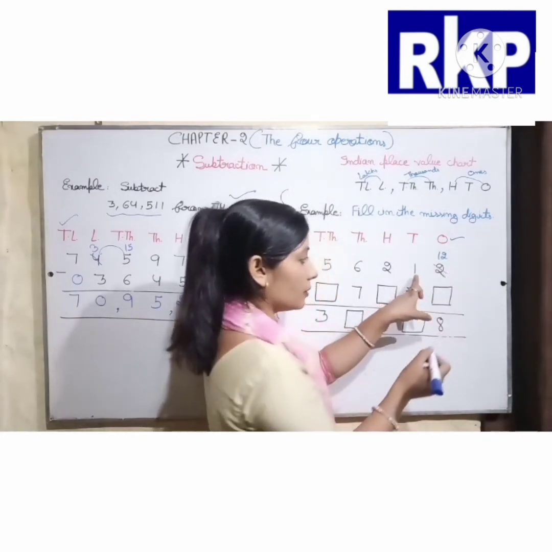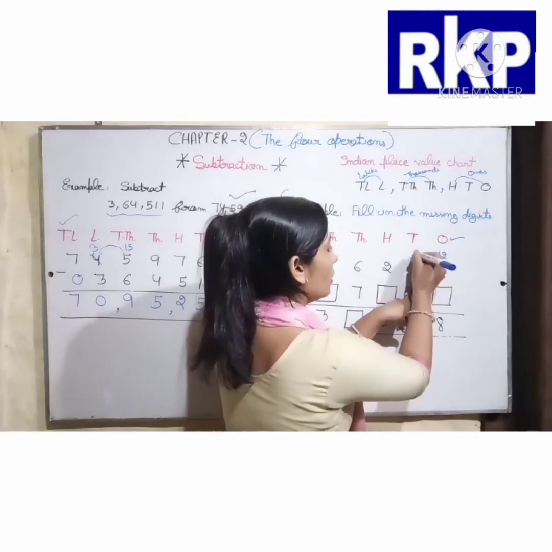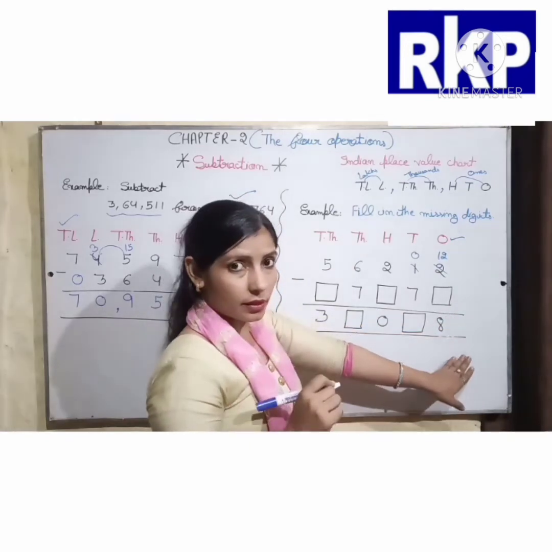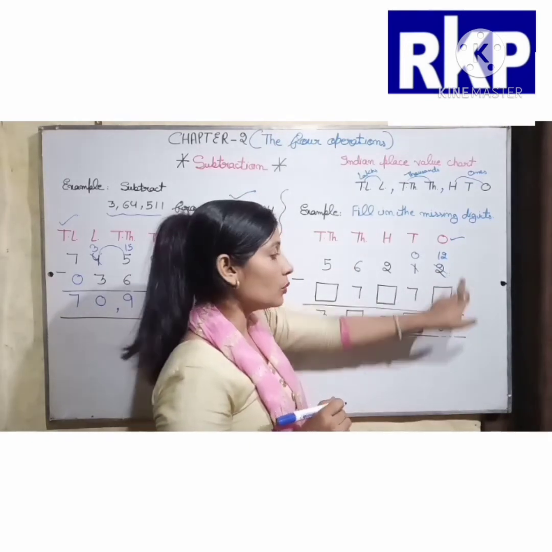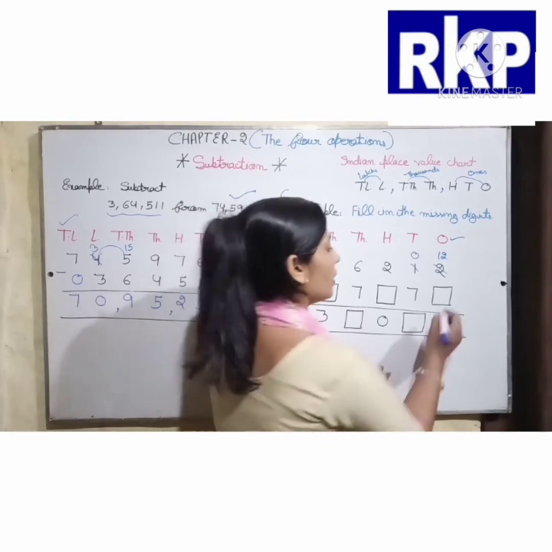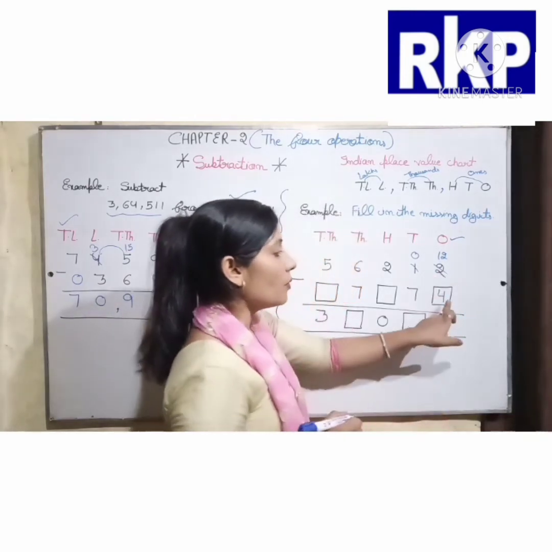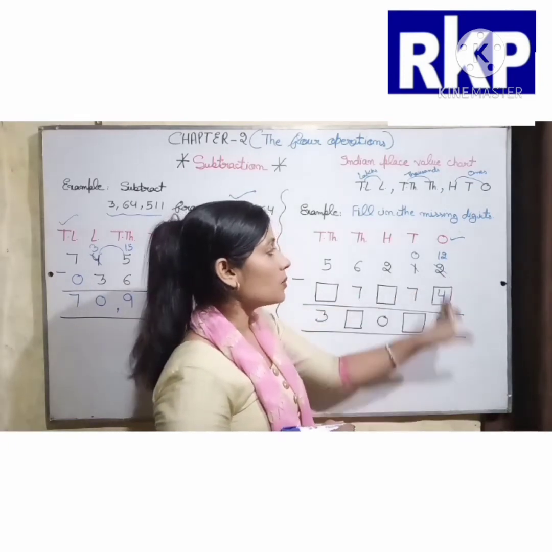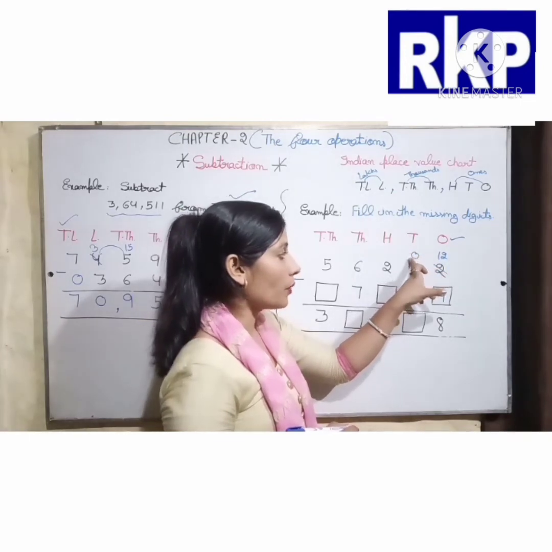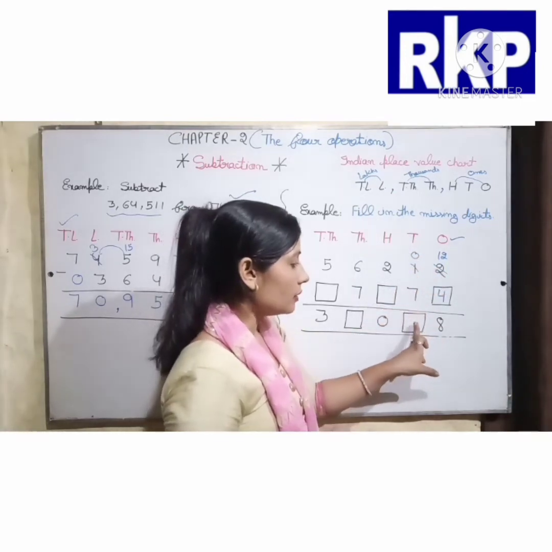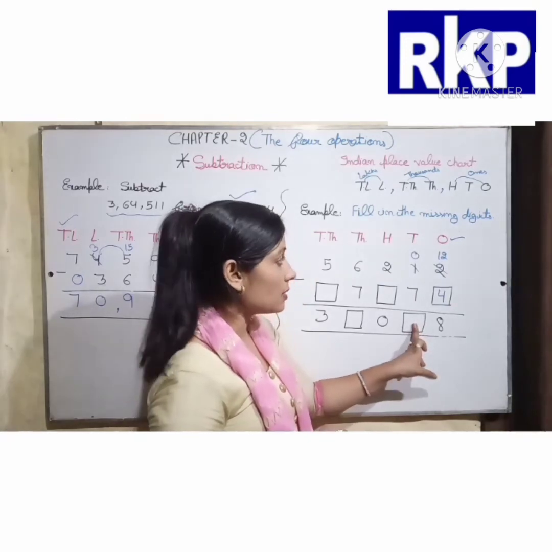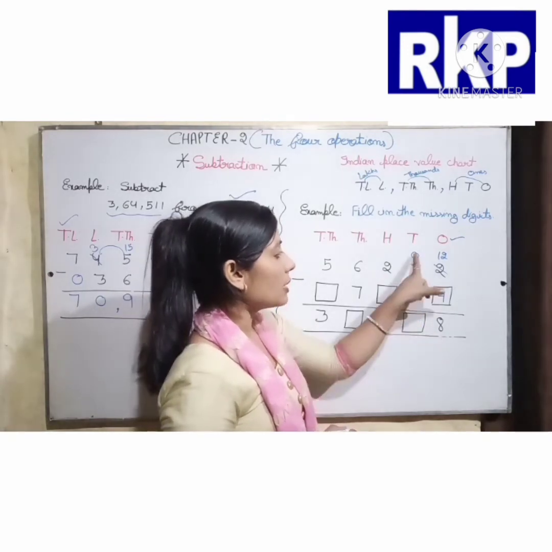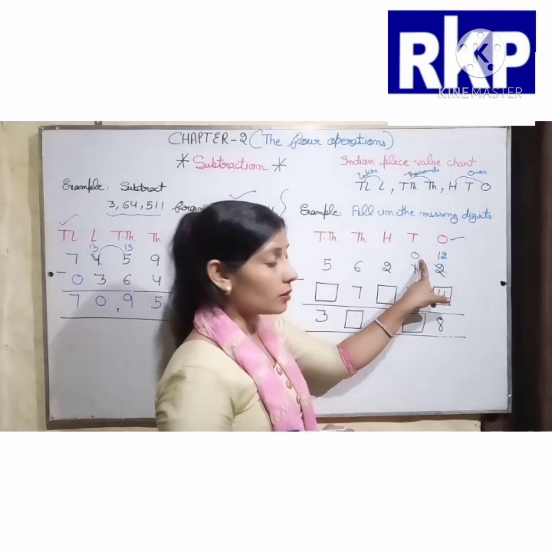Okay. And here we have 1. So here becomes 0. Okay. Now beta, what should be subtracted from 12 to get 8? So here will come 4 because when we subtract 4 from 12, we get 8. Now comes in tens column. Here we have 0, here 7 and here this digit we have to find. Means in tens column we have to find difference. Okay. So beta, here you can see 0 is smaller than 7.